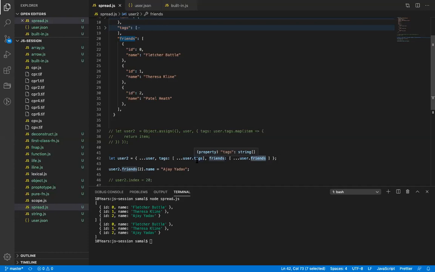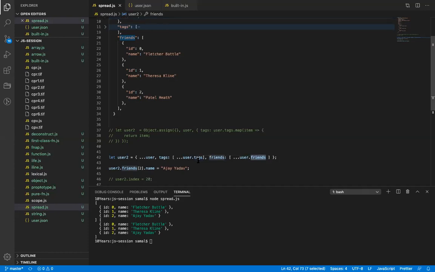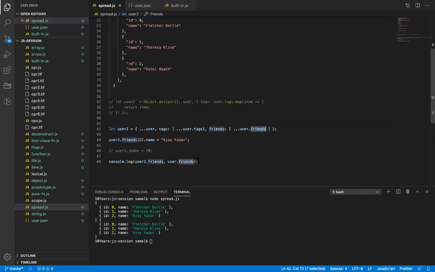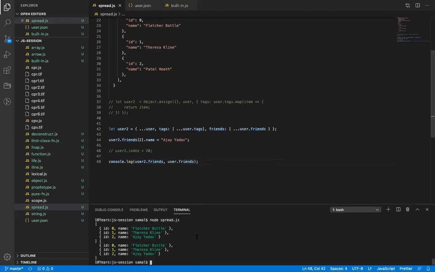Both apply for both array and object. Any doubt with this? Any question? No?